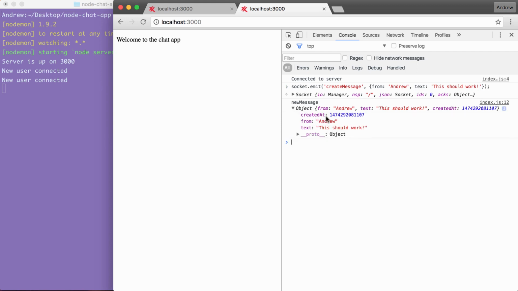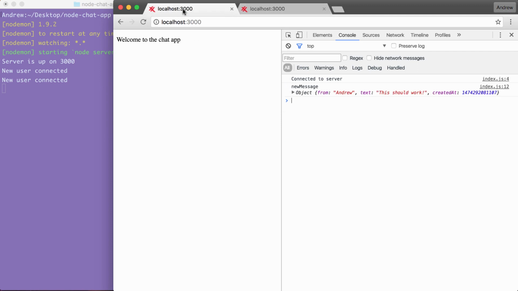We have the message we just created, but the cool thing is that over in the other tab, we also have the message. A message from one user reached a user in a separate tab, which is fantastic. With this in place, we now have a very basic messaging system set up. A user emits an event, it goes to the server, and the server sends it to everyone else who is connected. With this in place, I'd like to make a commit and deploy to Heroku so we can test it